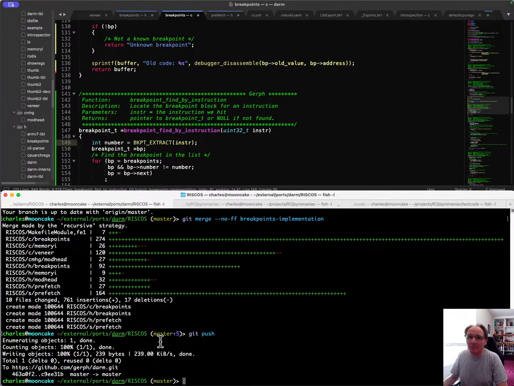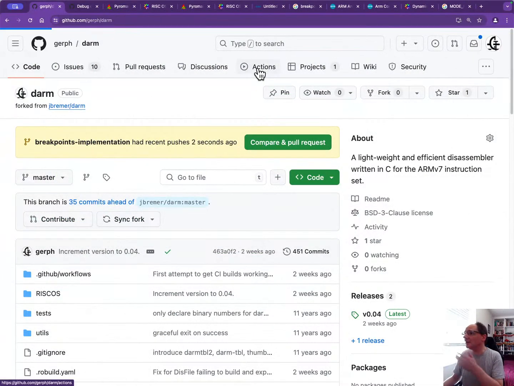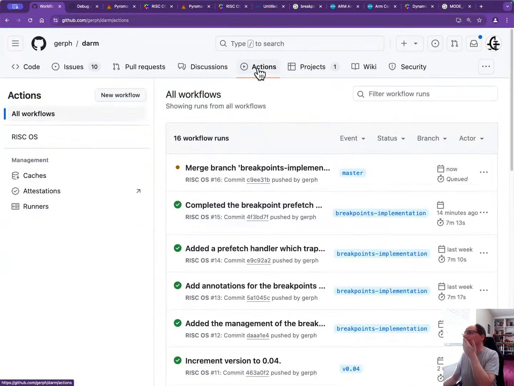And if we bounce over to here, we should see that it's built or building. How long did it take? It took 7 minutes to run that build. That's quite a while. Yeah, it's fine. So it's going to merge that. That's not a problem. And then once it's merged, we can get it